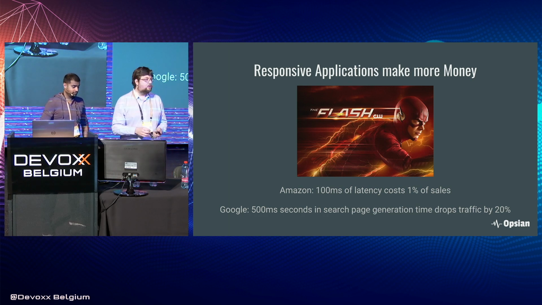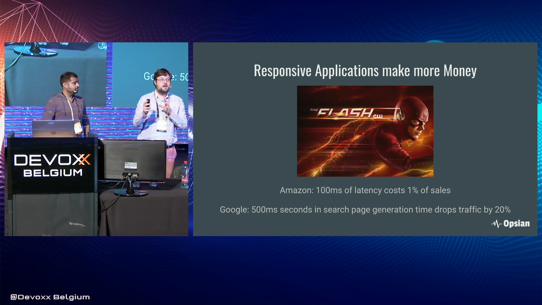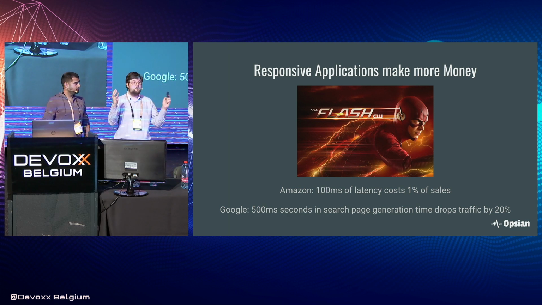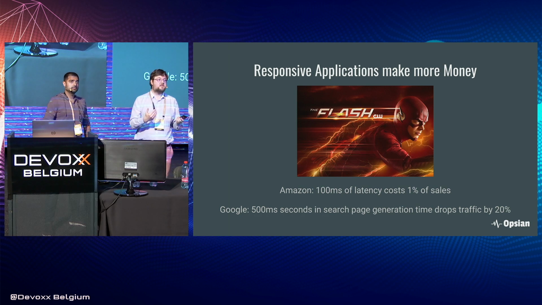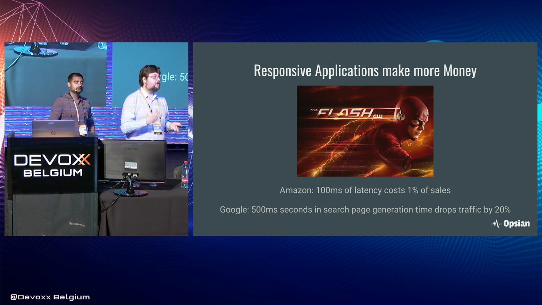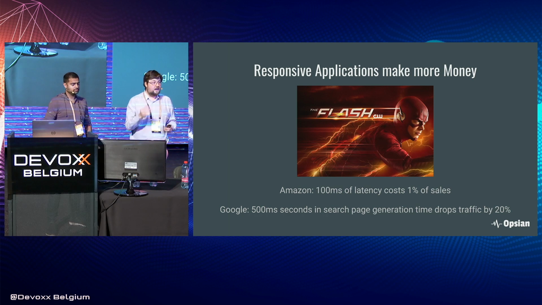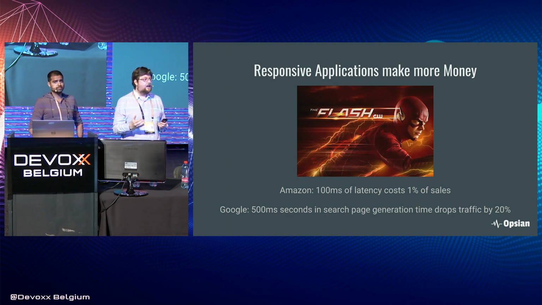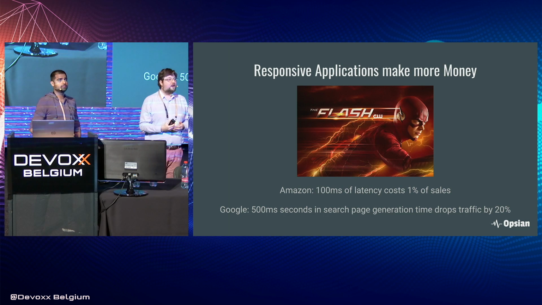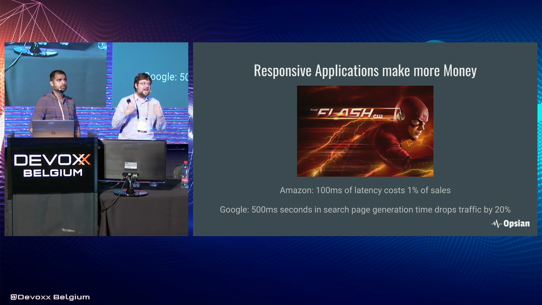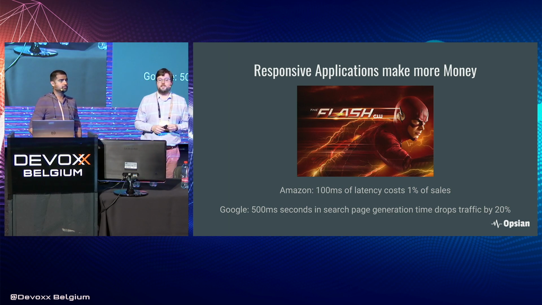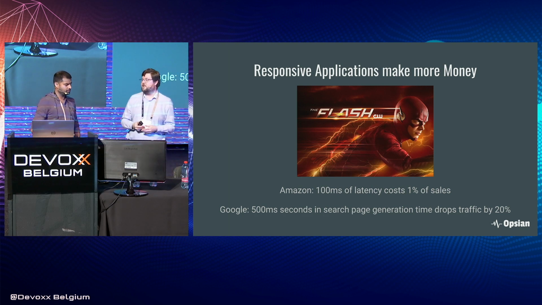That's really, really fast in terms of a very short delay that you're adding there, and it's already costing you money. Google released some numbers as well. Again, they did an A/B study on their search homepage, and they added half a second to the load time of that page. They basically just had some of the requests take half a second longer, and it dropped traffic by 20%. That's huge, right? A 20% drop in traffic for half a second delay. That's very, very expensive, especially if you're having to pay to acquire those customers through some existing mechanism or online advertising and stuff like that. Really increase your business costs elsewhere.